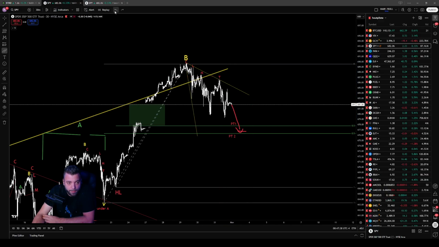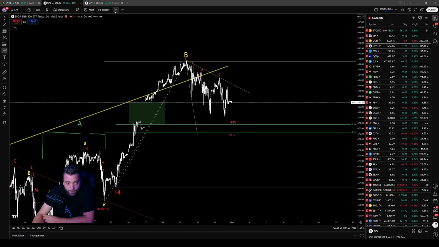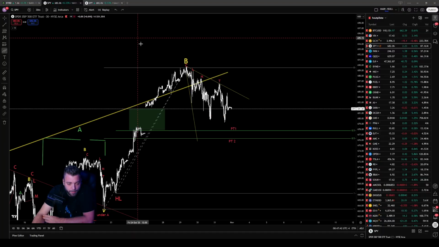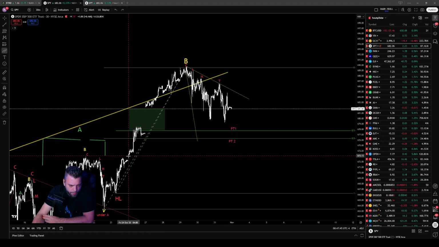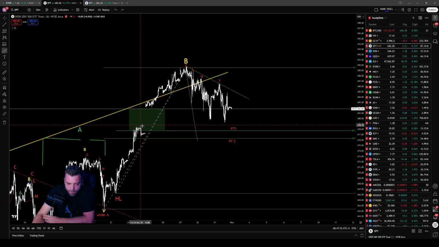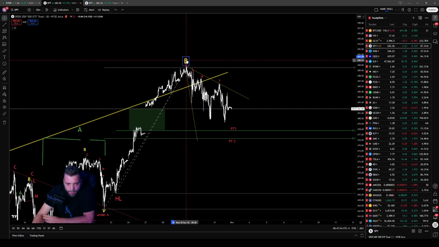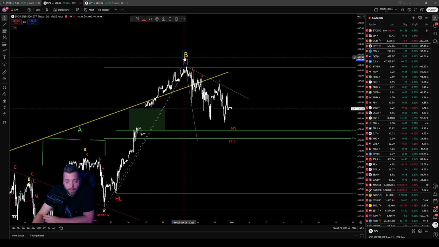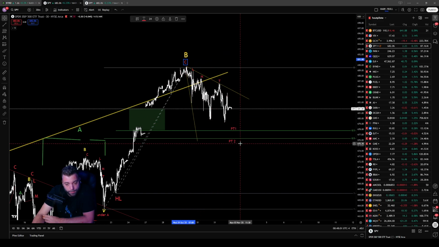And as I said before, it wouldn't be a V and A, because A could be, this could be small a. But even if not, we are in our B here, and B doesn't have to do V and A. B only has to go to our 0.5. So I would imagine, and I'm really more leaning to, we will gap down Monday, open somewhere in here,